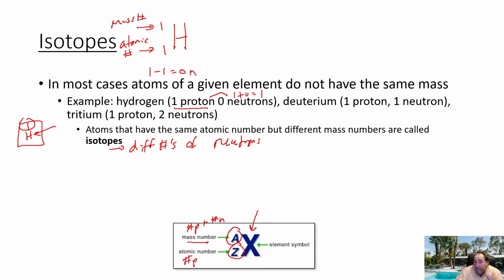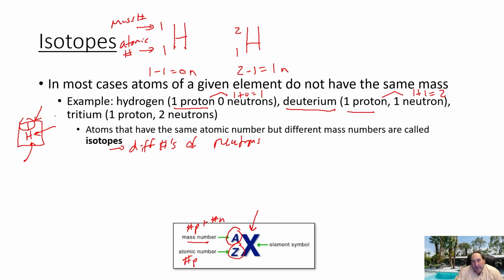Now, if I do deuterium, and maybe this name doesn't scream hydrogen to you, but it does have one proton. So once again, I'm going to go back to the periodic table, find number 1, and again I see it is hydrogen as well. So we would still use the H for the symbol, and it still has the same atomic number because it is still hydrogen. But in this case, for our mass number, adding our protons and neutrons together, 1 plus 1 is 2. So that's going to be a 2 up on top. And again, our number of neutrons, top number minus bottom number, gives us 1 neutron.